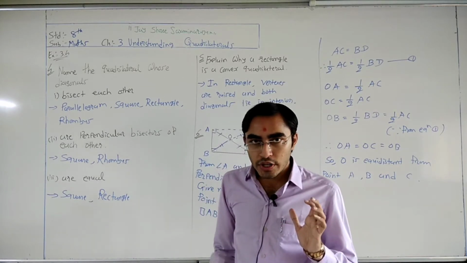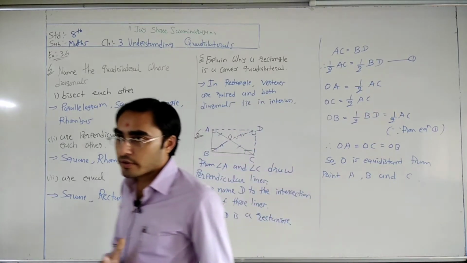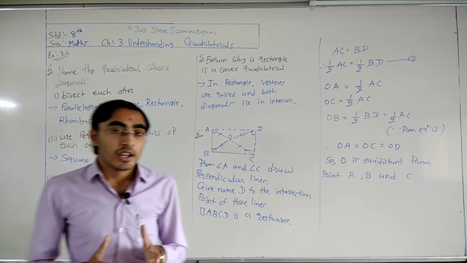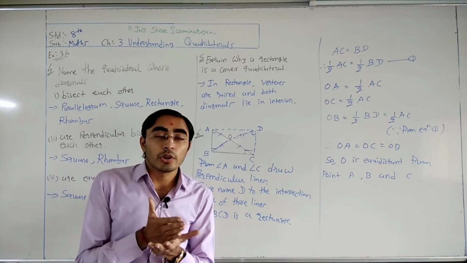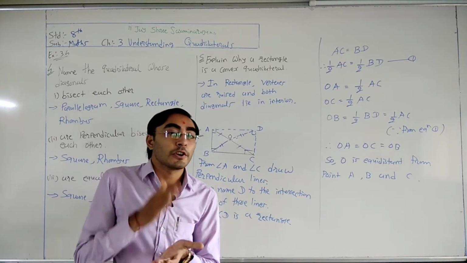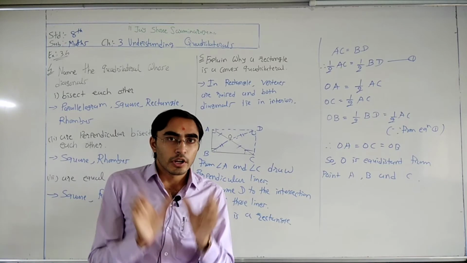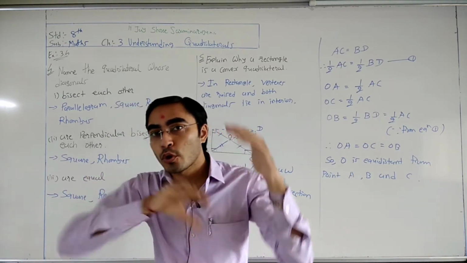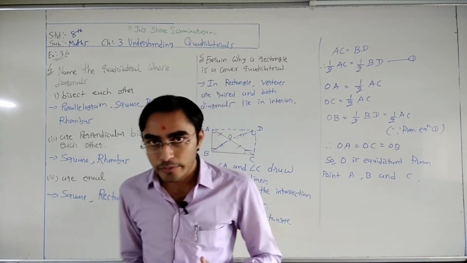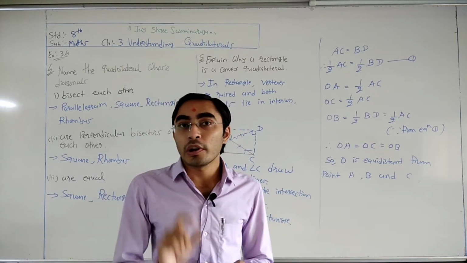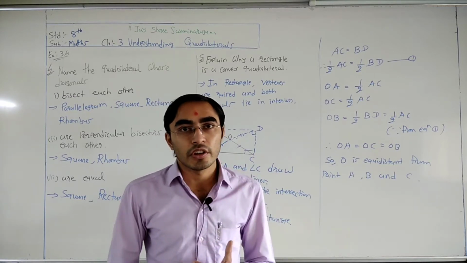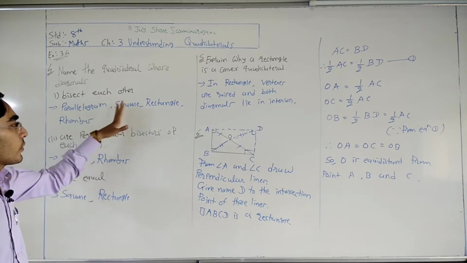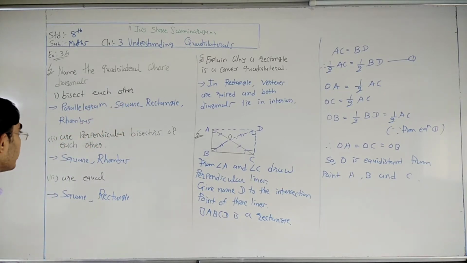Now if you think about the kite, in kite diagonals intersect each other, right? In kite diagonals intersect each other at 90 degree, but do not bisect. Bisect means what? Two equal parts, right? From the intersection point to equal part, it is called bisect. But in kite diagonals only intersect each other, not bisect each other. That's why here kite is not there. Okay, only parallelogram, square, rectangle, and rhombus.